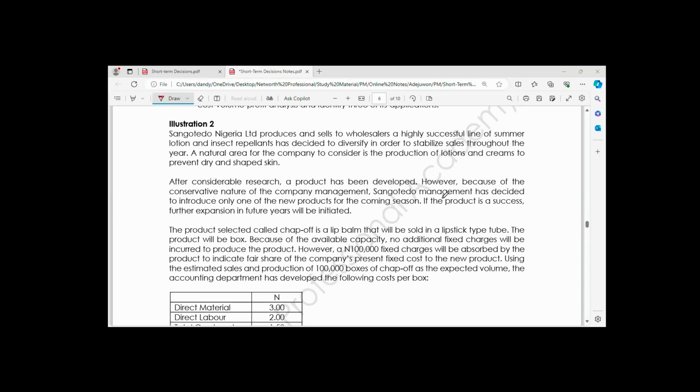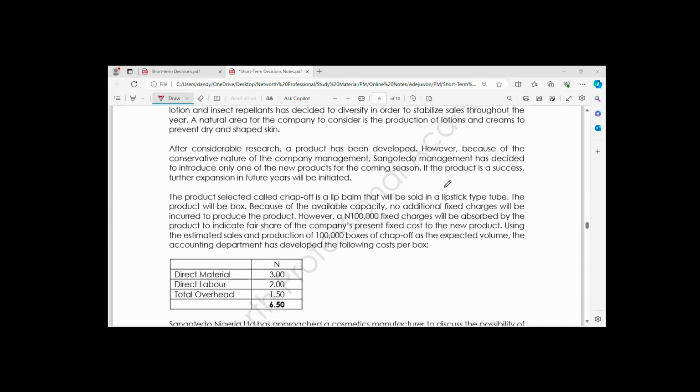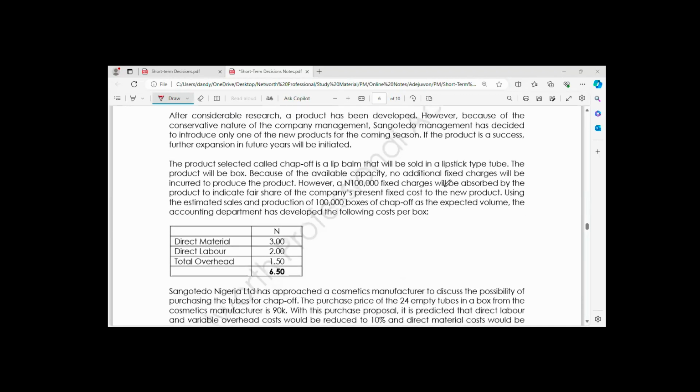The product selected, called Chap Off, is a lip balm that will be sold in a lipstick type tube. The product will be boxed. Because of the available capacity, no additional fixed charges will be incurred to produce the products. However, 100,000 fixed charges will be absorbed by the products to indicate a fair share of the company's present cost